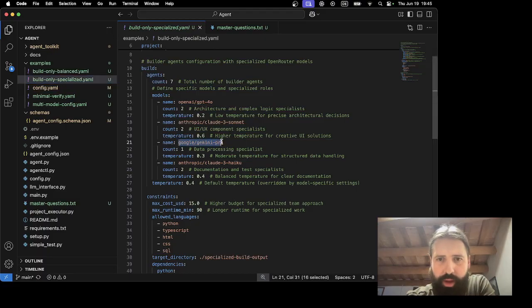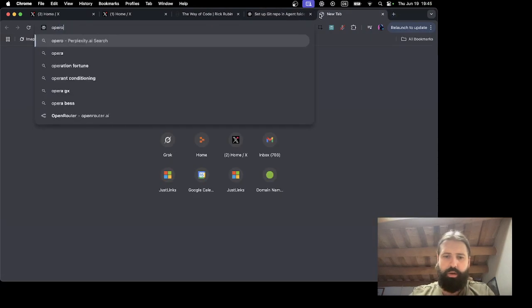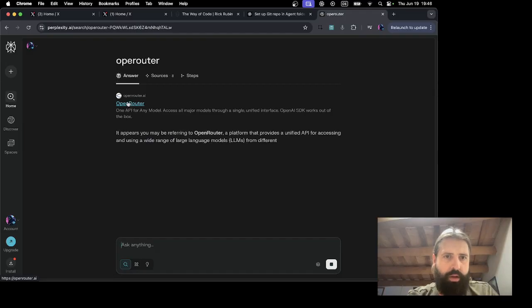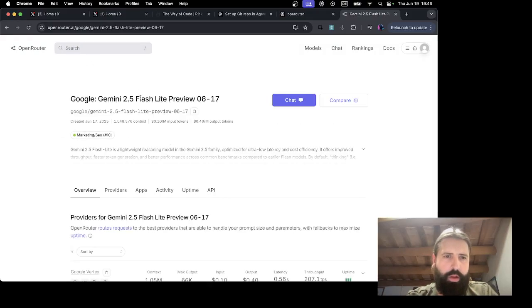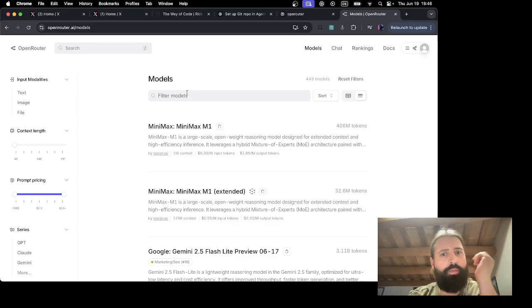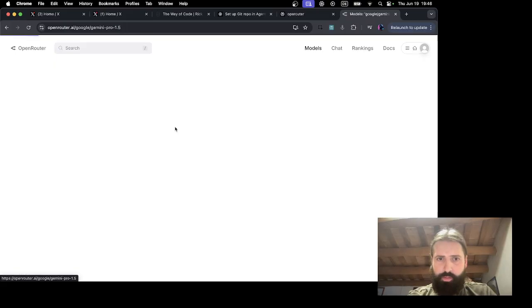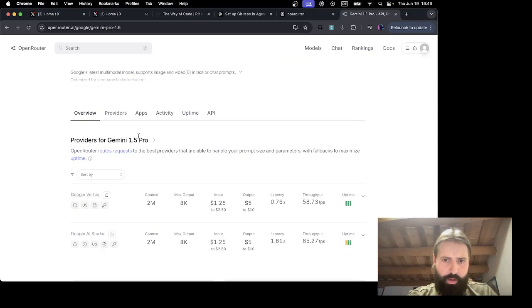Are those the right model names in OpenRouter? I'm not so sure these are.